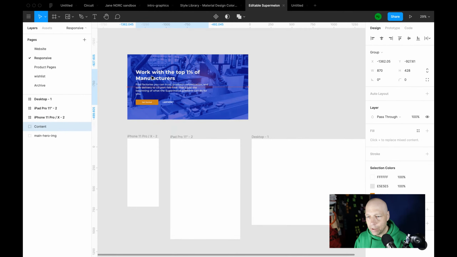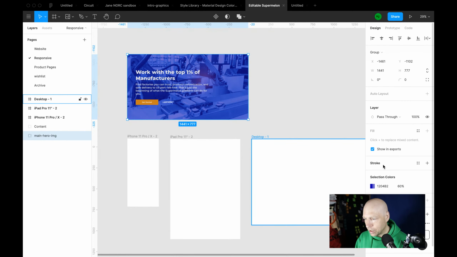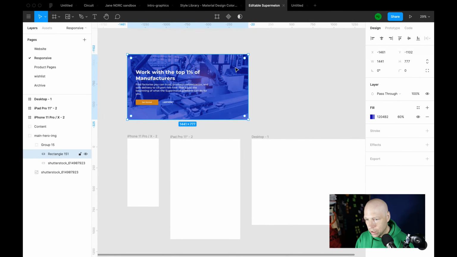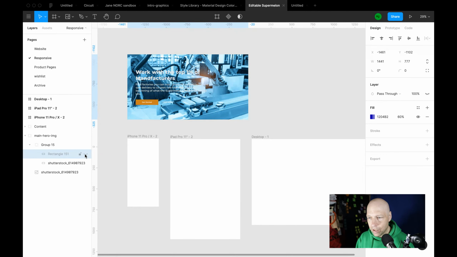The next piece here is we have this background, and this background is just an image. It looks like, I'm trying to see how she's done this. Okay, so it's an image with a rectangle on top. You don't really need that rectangle on top of the image. Like if we hit it,